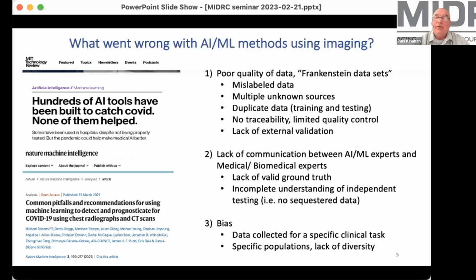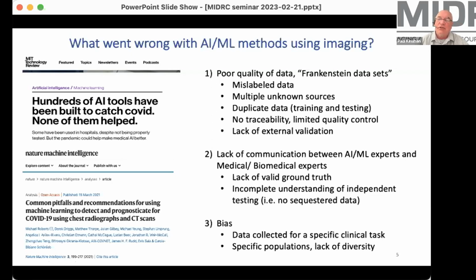There were many other, well, by many, I mean probably at least another 4 high-level reviews that all came to the same conclusion. And it was for a combination of reasons. The one that we're going to focus on here is the poor quality of data. And one of the papers coined the term Frankenstein data sets. Now, that's a specific case where somebody well-intentioned is building a cohort of data and they include somebody else's cohort without realizing that they're duplicating cohorts because the other data they had has already been incorporated. And as well, it is just the tip of the iceberg in terms of understanding the data.